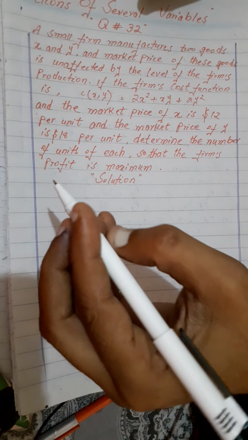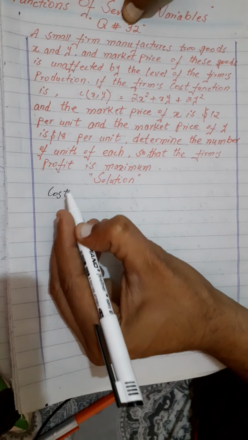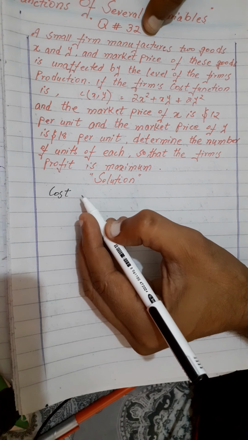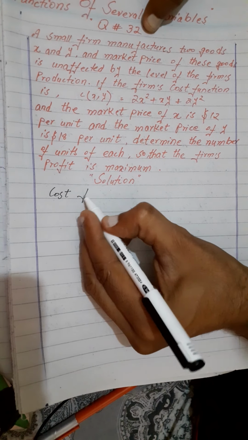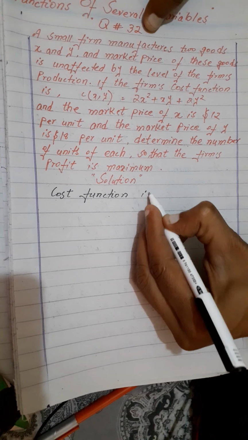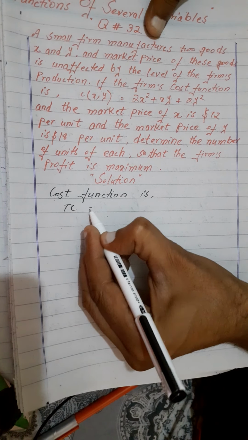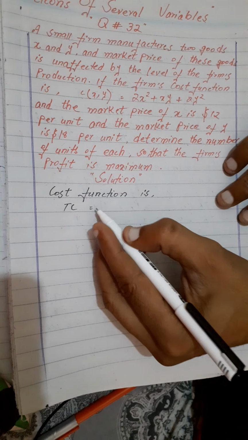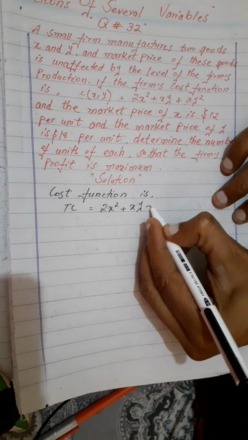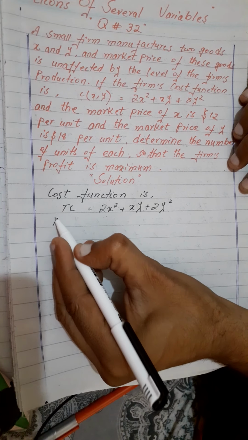Now here the cost function is total cost equals 2x square plus xy plus 2y square, and the total revenue function is